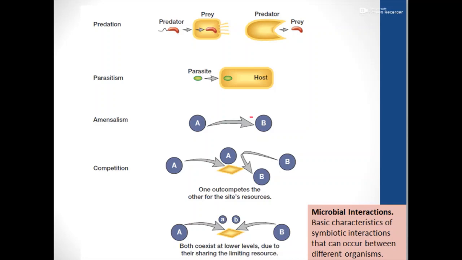So I guess you got an idea about the different types of microbial interactions in general. We would be talking with specific examples of mutualism, parasitism, amensalism, competition, etc., which happen in the microbial environment, in their ecological niches, as well as what their interactions specifically are. There are some plant interactions, insect interactions, and animal interactions which are carried out by microbes specifically. We will be dealing with them in the coming sessions. Thank you for now.